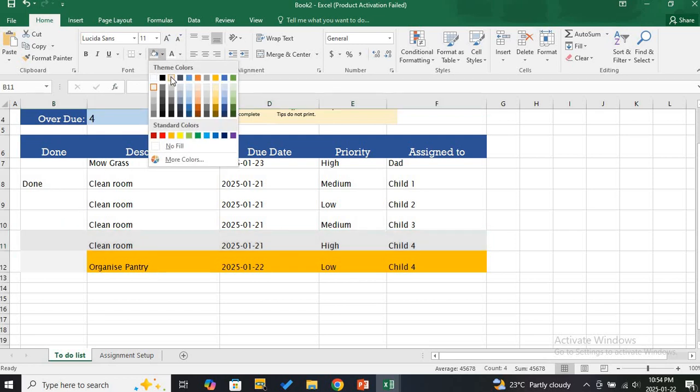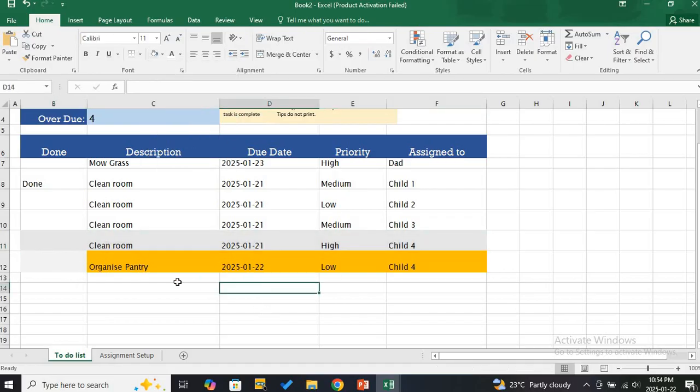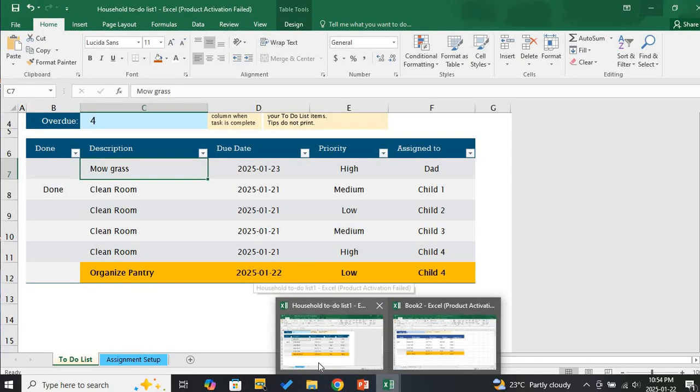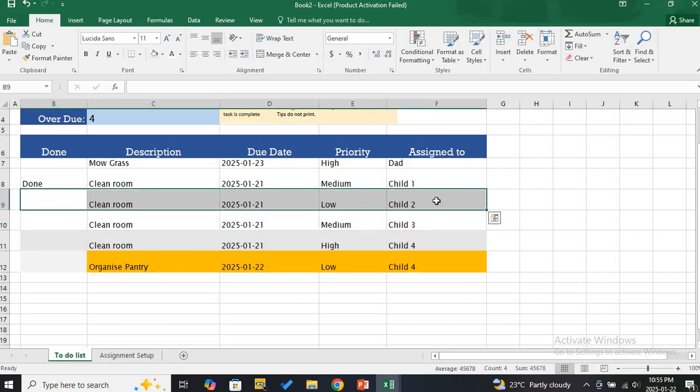No. Yeah, something like this. That's how different they are. Yeah, something like this. And now we can just, center will be